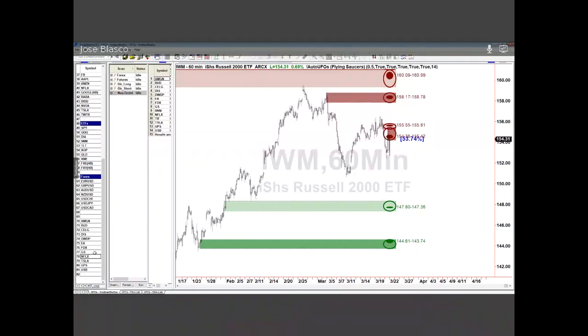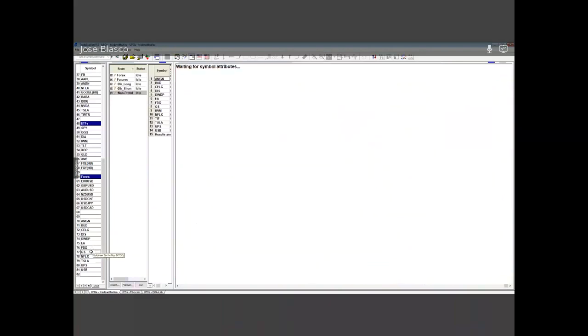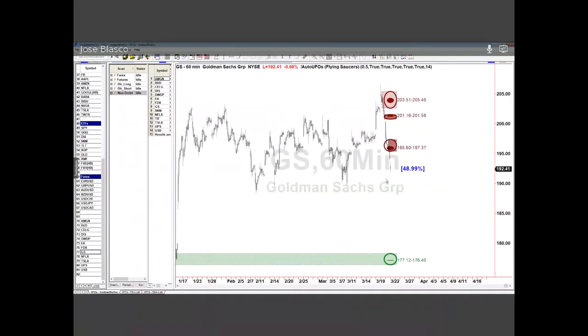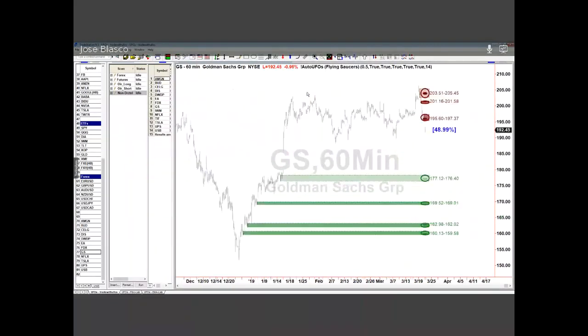Okay, but anyway, so let's go for another one. The next one I would like to check is Goldman Sachs. I'm going from safest to more volatile. Goldman Sachs is obviously a very well-known and very liquid stock, but at the same time, this is a stock that,